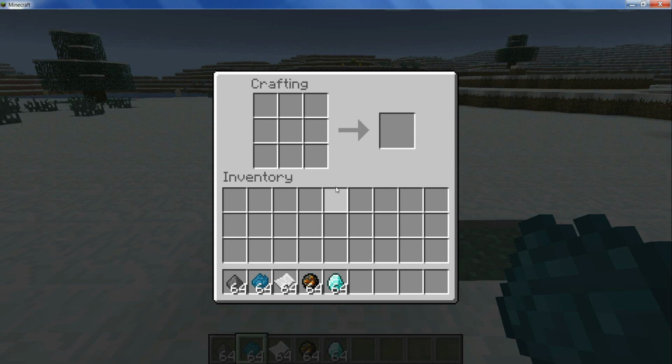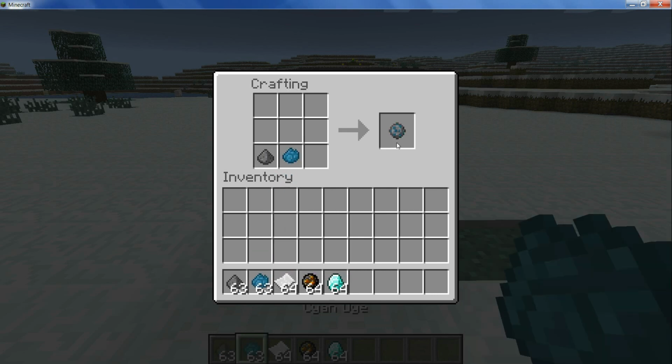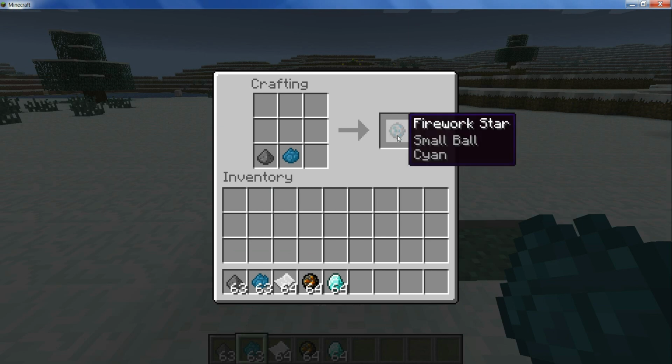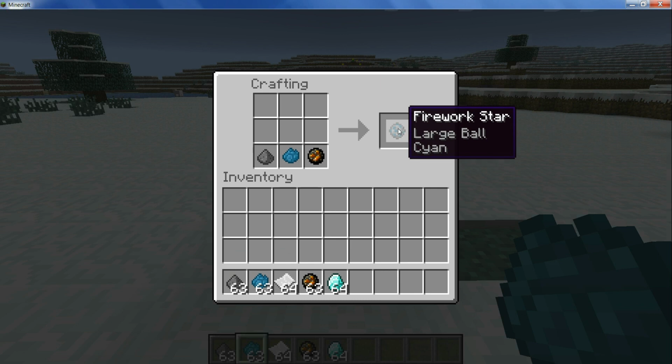So we jump into the crafting table, and in a normal firework you make it with gunpowder and dye. And so we're going to do that, and you'll see that the ball's over there. And if you right click, it says small ball, or if you just hover over it. So now if you go down and grab a fire charge and put that in there, now when you hover over it you'll see that it says large ball. So now we're going to drag that onto our crafting table,